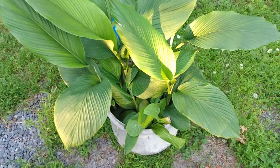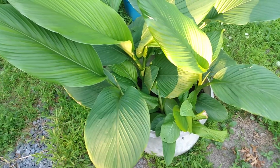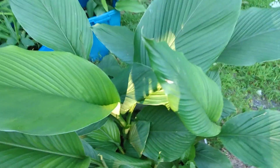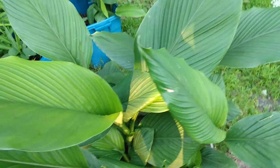Alright, just a quick update on the potted plants here. It's August 12th, 2022. This is the turmeric and the horseradish that I transplanted probably a month ago or so. It's really taken off. I've been staying on top of watering them, and I've been giving them some good foliar